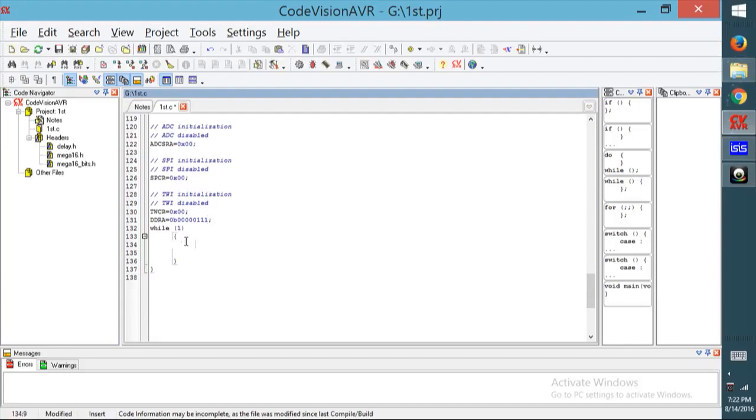So now let's start writing the code. We want to run our code again and again, so we will write it in a while(1) so that it runs again and again. Here we will define all the other pins individually. So we will write the PORT command, which works as an output. Here we will define port A, port B, port C, where we write the particular pins as working as an output.